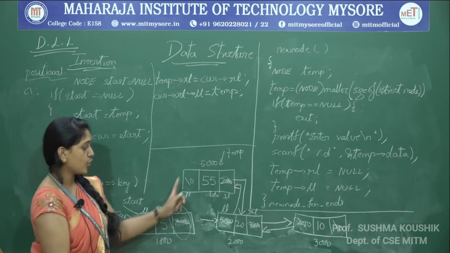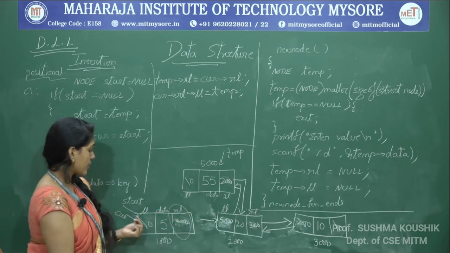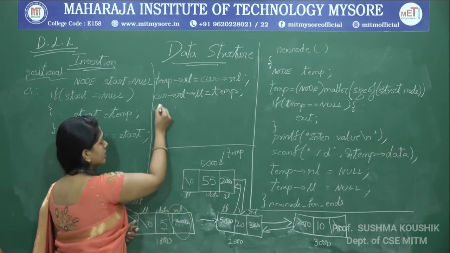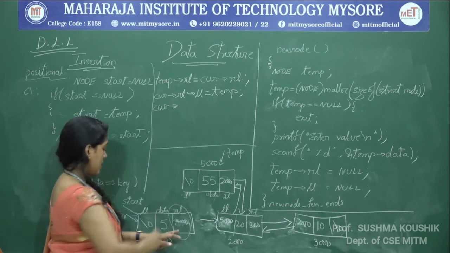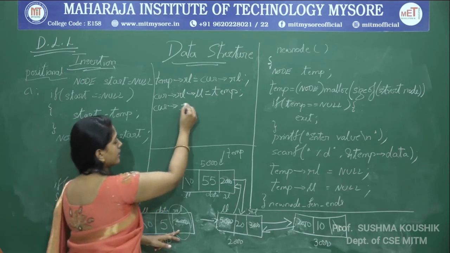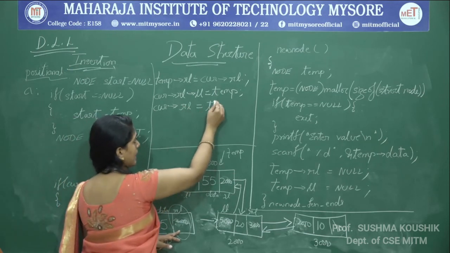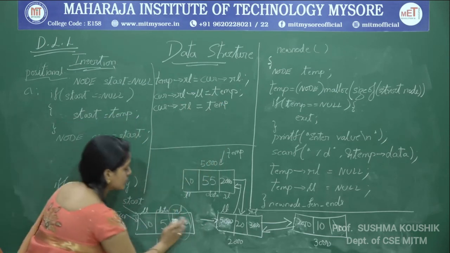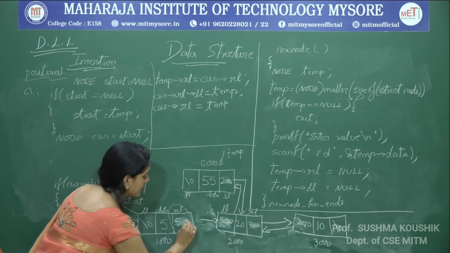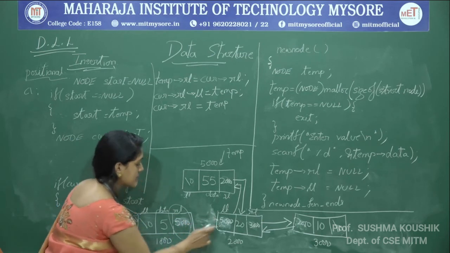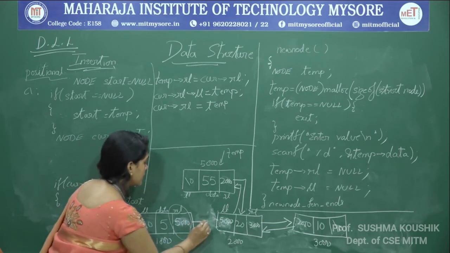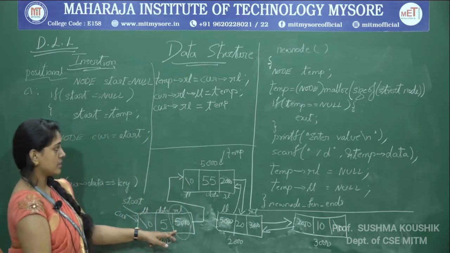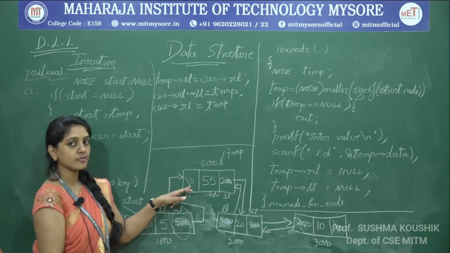I want this position to hold the new node which we have. So current of RL is equal to temp. I will write current of RL is equal to temp. Temp is having how much? 5000. So this place is overwritten with 5000. No more the link is here, so here it is pointing something like this. So this position is written. Done.